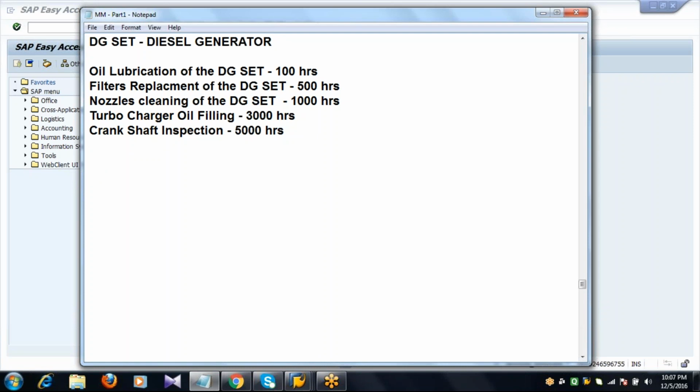These in-depth things are done through the plant maintenance module. Since service is also one type of purchasing, SAP has kept service as one subject in SAP MM. Otherwise, it's totally in-depth and goes to the plant maintenance module.